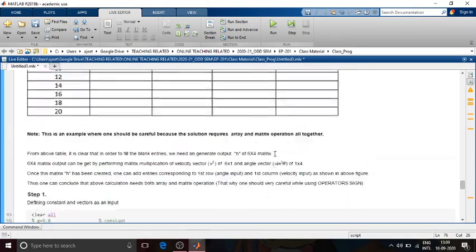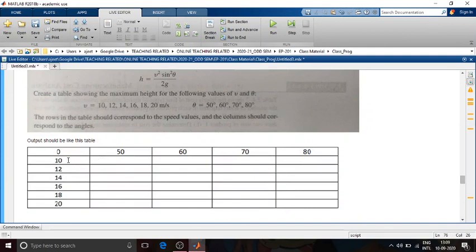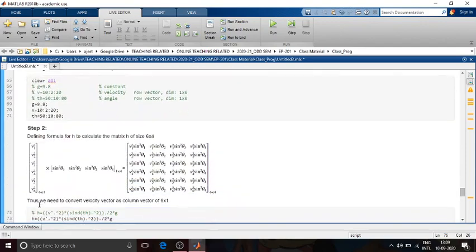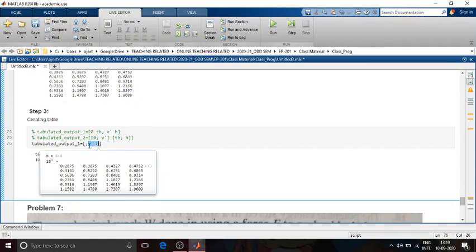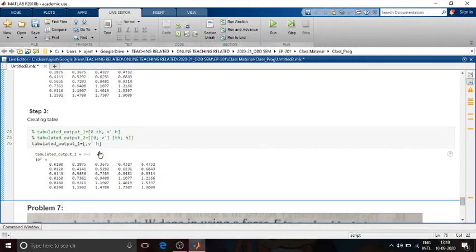You know how to add a row matrix? This matrix is given to you, and now you want to add a row matrix, but you want this row to be before this. So first you need to write this row, and then you use a semicolon and write this matrix. That is why after this, first a semicolon, because I want to add one row before this matrix. And what is that row? The first element is 0, and the rest of the elements are basically theta. Okay, so now see, if I write it here,